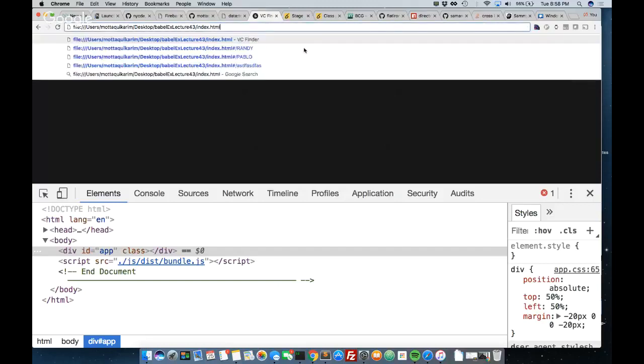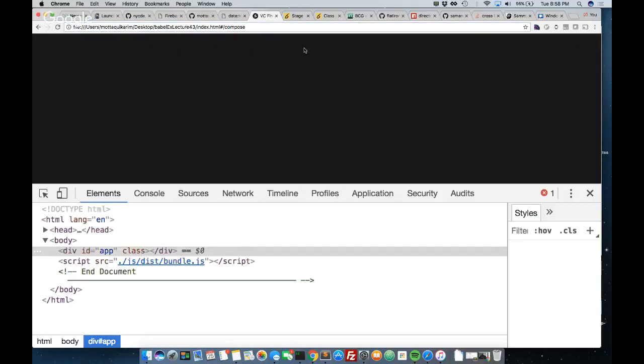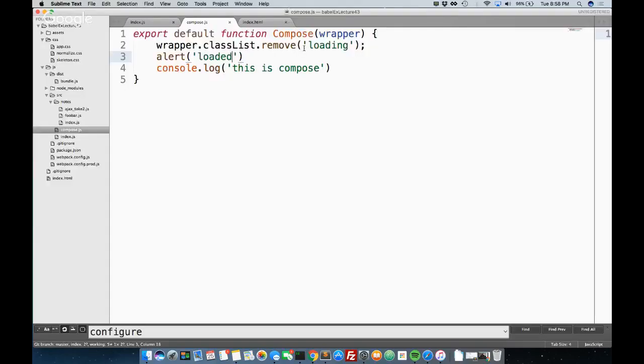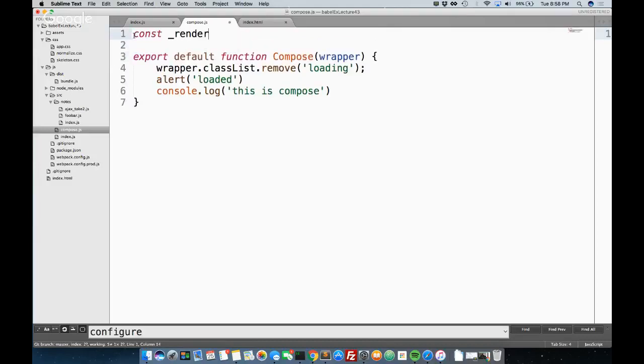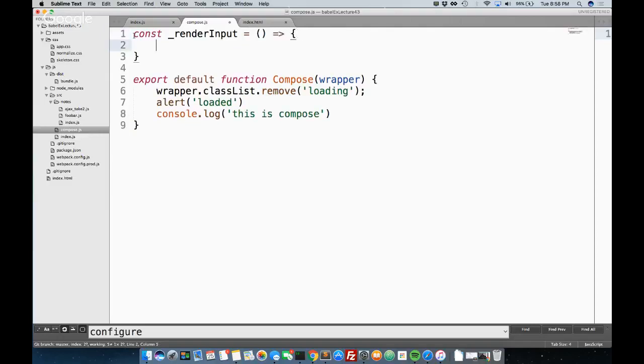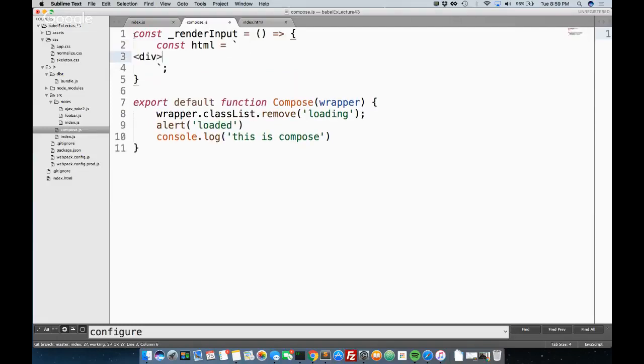So the idea is now all the specific functions that page needs will live in there. For example, what's the first thing that you probably want to do when that page loads? You probably want to install an input field so the user can add something, right? So how about we write something like, const renderInput, yeah? And we can say, all right, const HTML equals,